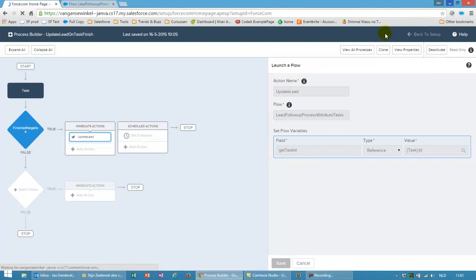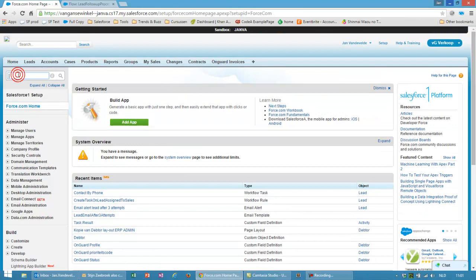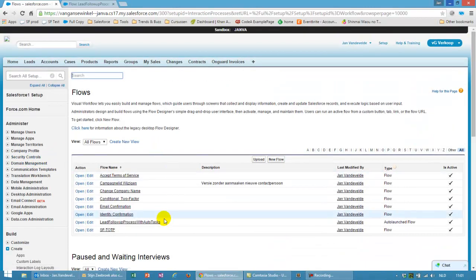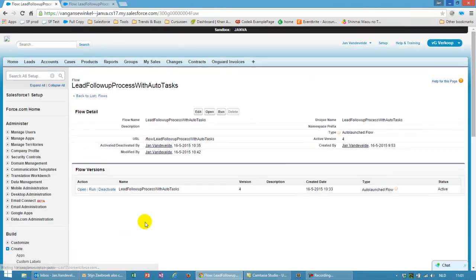Now we are going to watch the flow itself. So I go to flow, and you can find it under workflow and approvals, flows. It's not a workflow rule, it's flow, visual flow. And here we have lead follow-up process with auto tasks. You can see it's version 4 already. I deleted the first 3 versions because I built it up in little pieces. I first did the first requirement, that worked, okay, move on, second version, and it took 4 versions to have